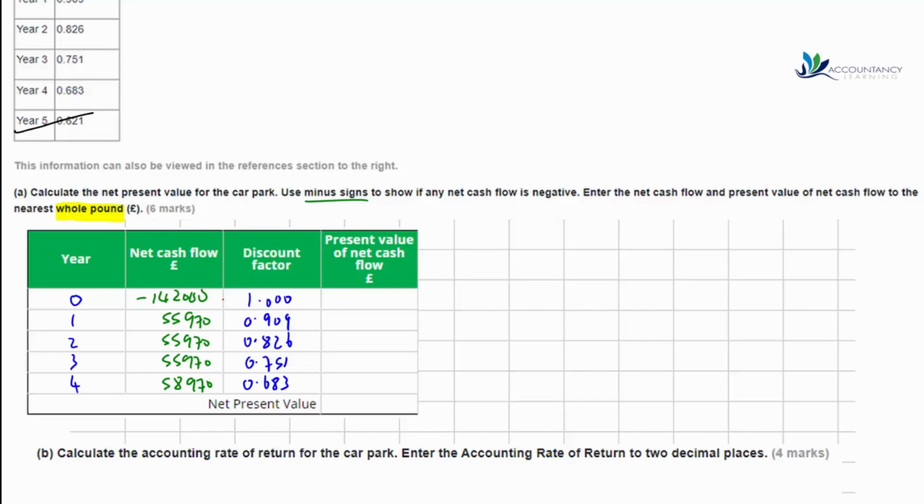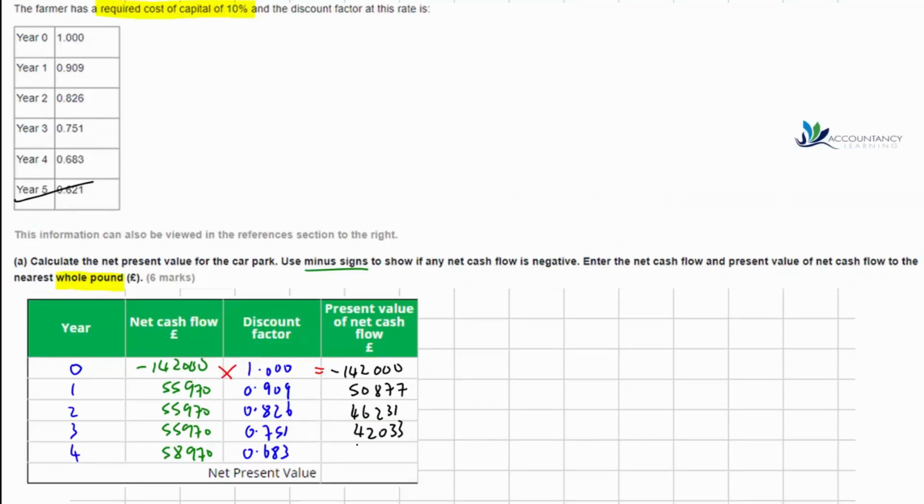So then what we need to do is multiply the cash flow by the discount factor, and then that will give us our present value. So we have minus 142,000 in time 0, and then when we multiply 55,970 by the discount factor, we get 50,777. Remember, doing a bit of rounding here to the nearest pound. So 46,231, 42,033, 42,777. And then when we add up all of these numbers, that gives us our net present value of